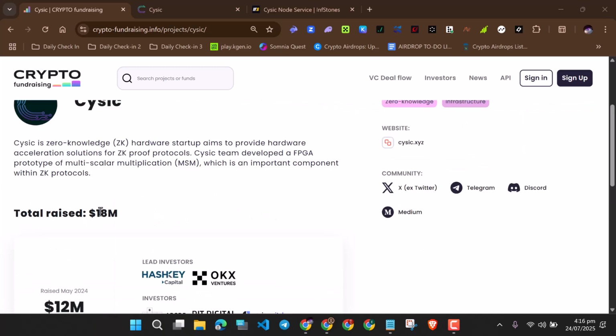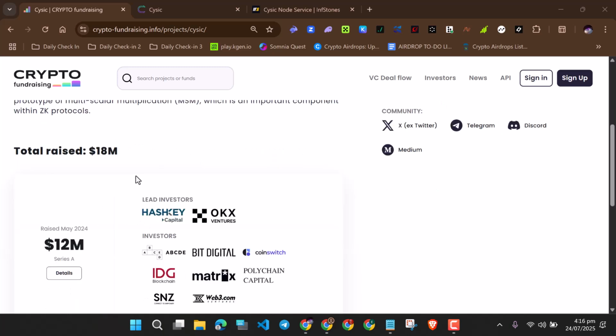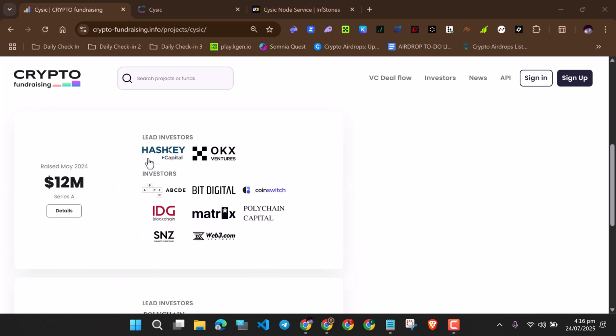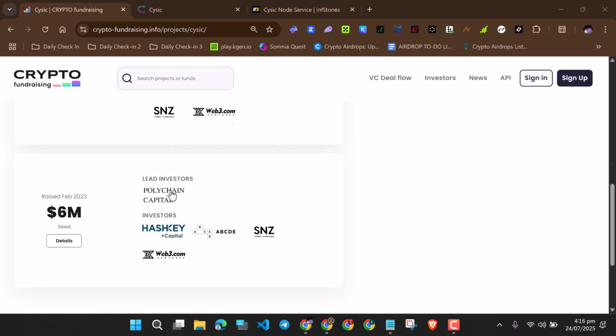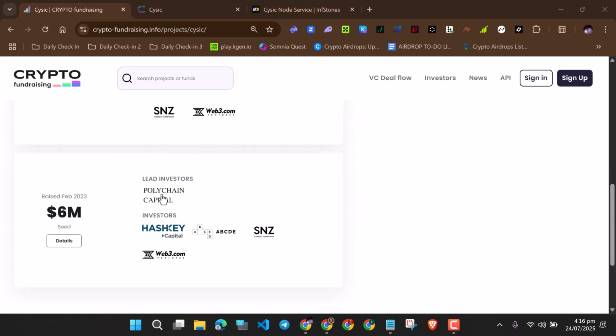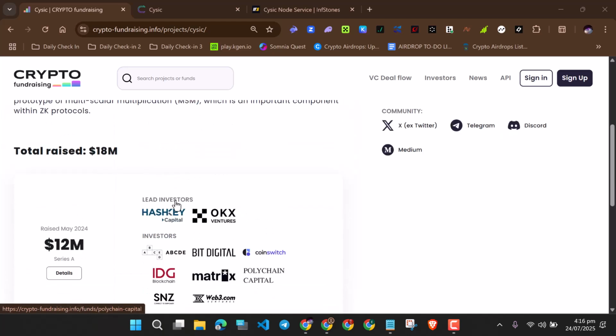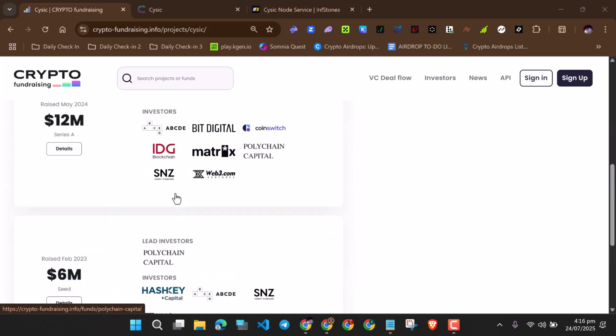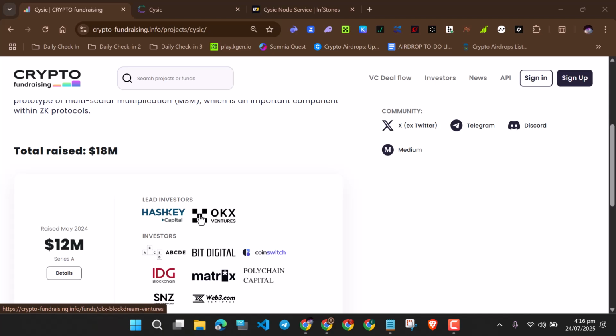So how much have they raised? They raised a total of 18 million US dollars, and here are their backers: Hashkey Capital, OKX Ventures, and Polychain Capital. So here are the lead investors right here. You see Polychain is backing them, so it's a good project if you see Polychain or Hashkey or even